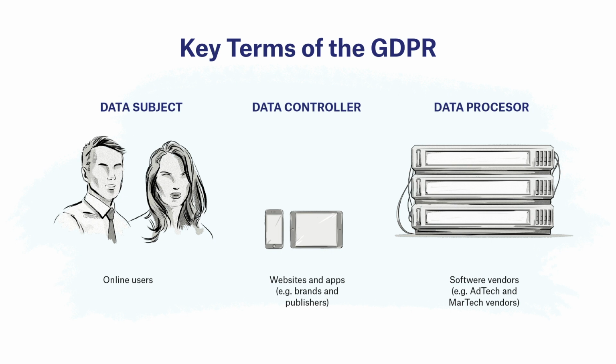The third term, data processor, is the company that owns the technology and collects the data about the visitor, but on behalf of the data controller. So in this case, all marketing and advertising technology vendors are classified as data processors. The only exception here would be a company like Facebook, which would be both the data controller and data processor, because they both track user behavior and process the data for advertising purposes.